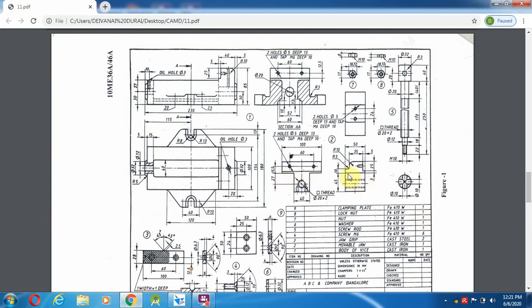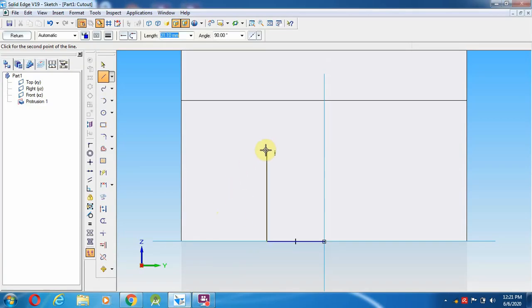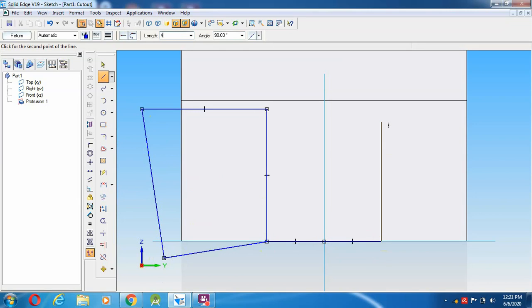In the front view we couldn't find this edge, so it will become 45 mm height. From here to 45 mm distance, then you can close over here, otherwise you can extend and close like this. It is not an issue, because this area doesn't have any material, so it won't affect anything in the diagram. Next, again 20 and 45 mm, 45 full length.